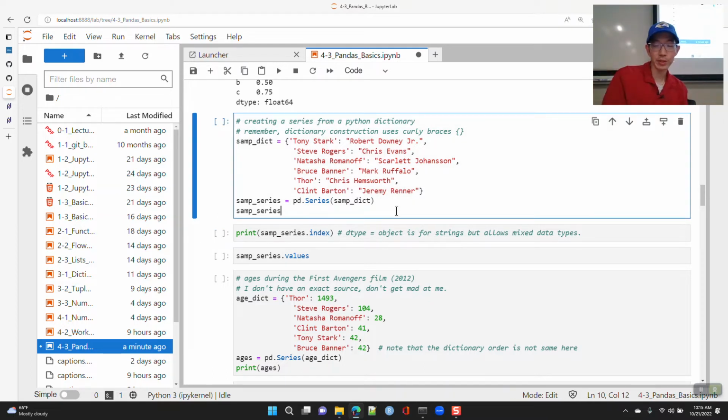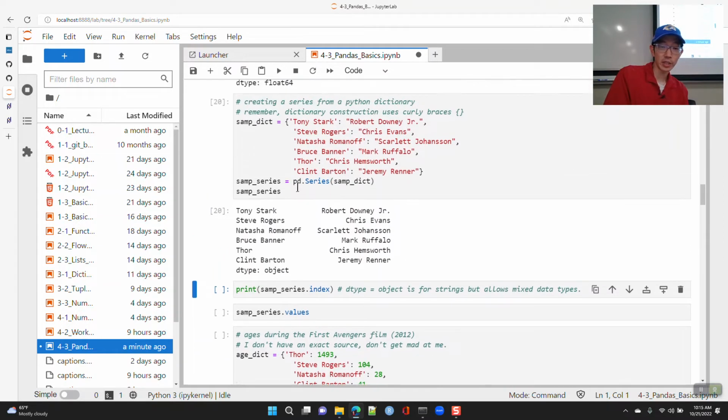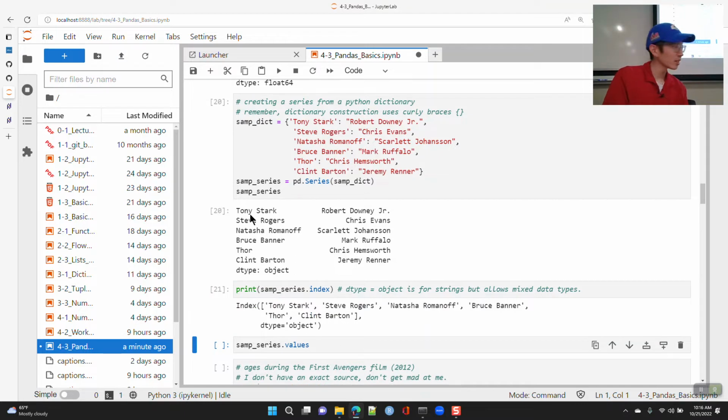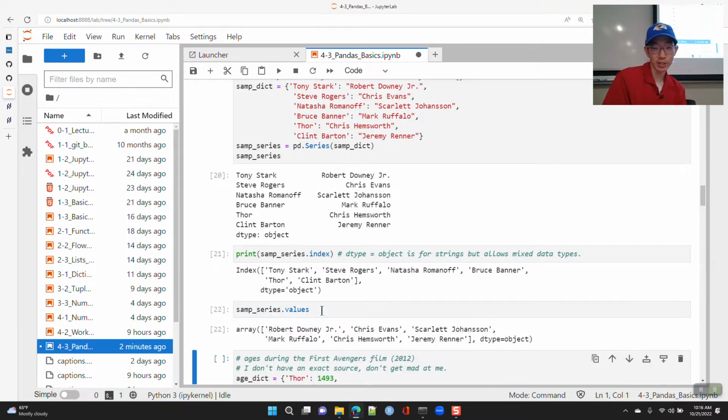So you can create a series out of a dictionary, and if you do that, then the key becomes the index, and the value becomes the value in the series. So if I ask what the index is, it's going to be the character names, because the character name is the key, and the value is the actor. The values are an array of actor names.